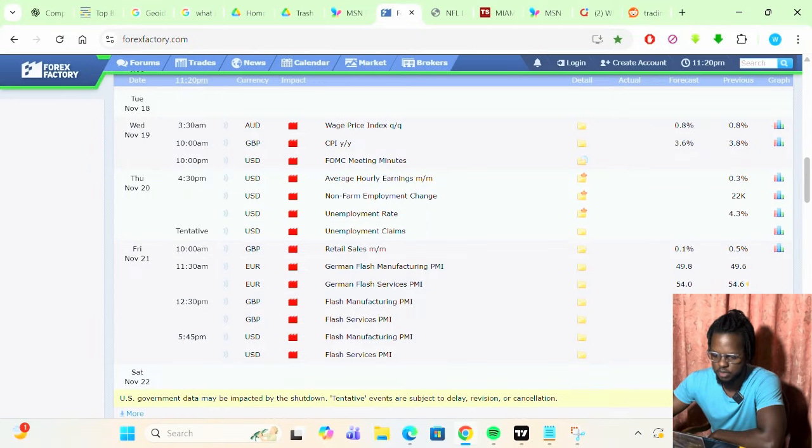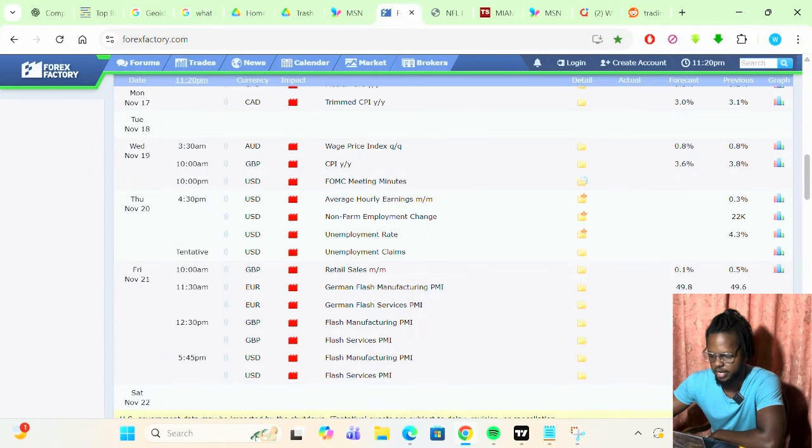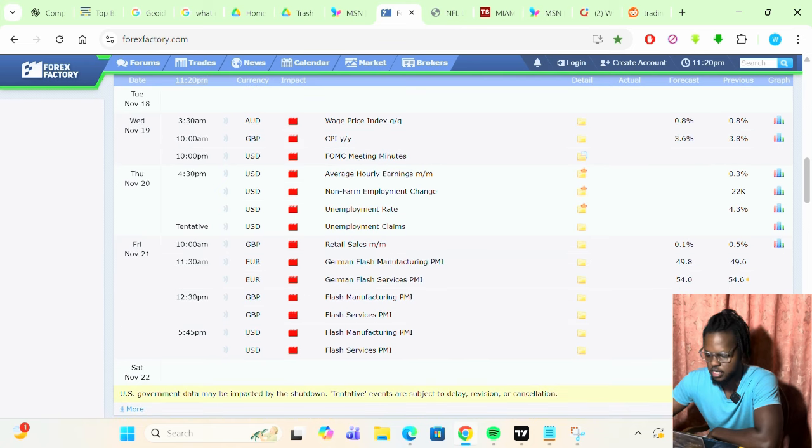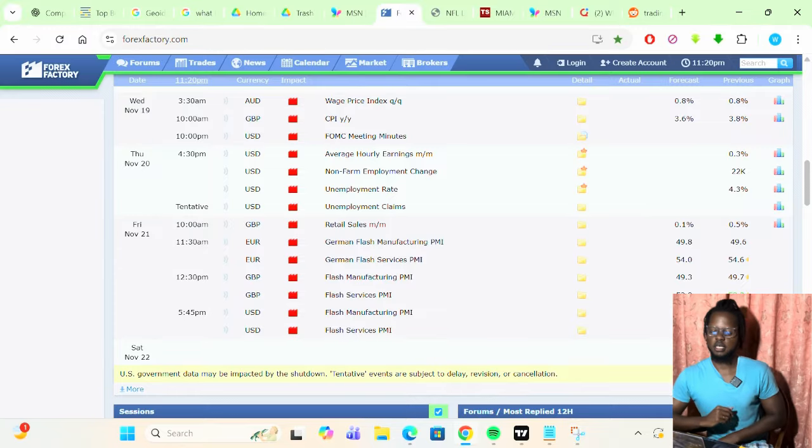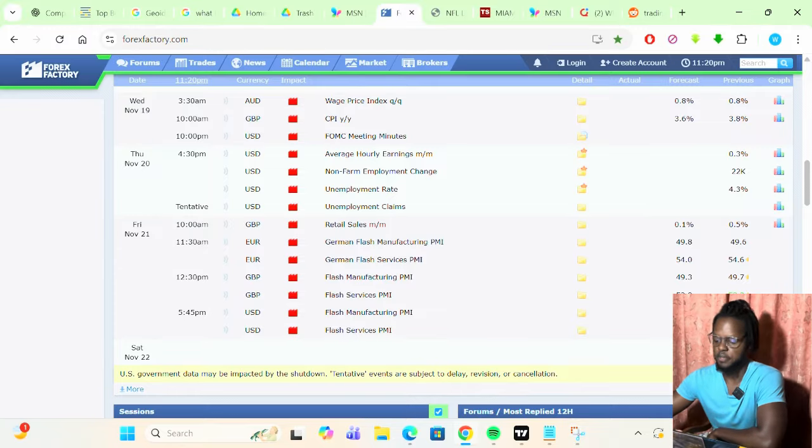Tuesday we have nothing. Wednesday we have oil prices, which is not that important. We also have inflation numbers from the consumer point of view on Wednesday for the pound, so keep an eye on that. FOMC: the government shutdown has officially ended, I believe. Things are just going to resume as normal, so I assume the USD data will actually print out this time and not just skip.